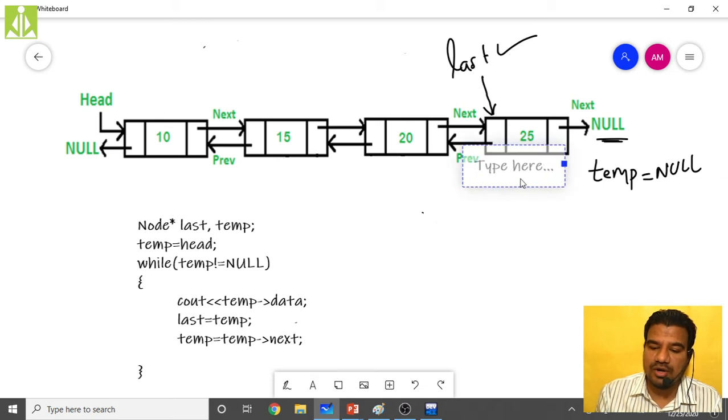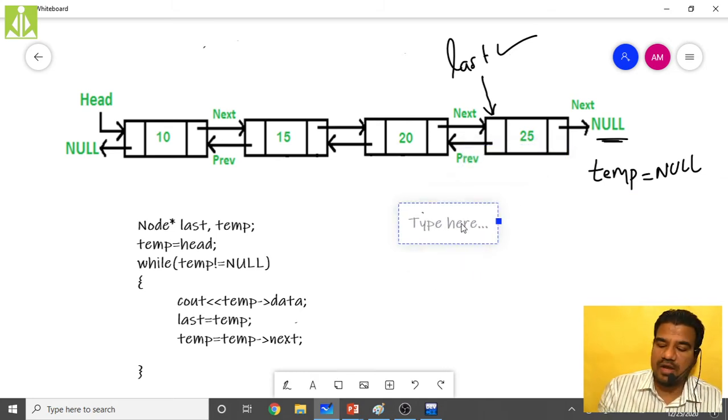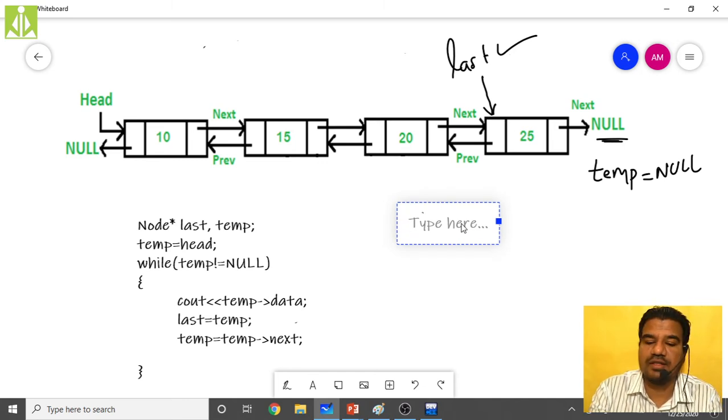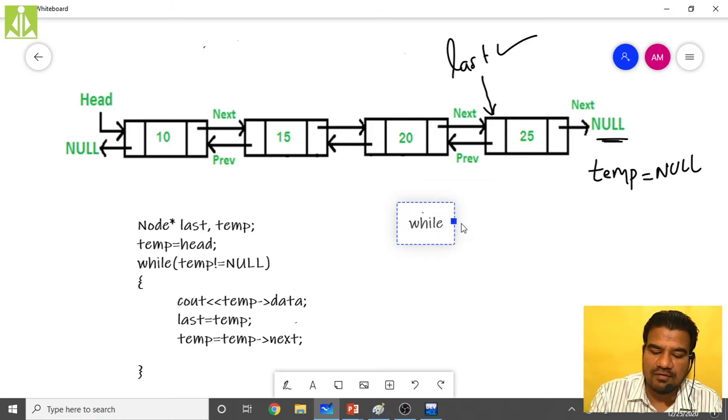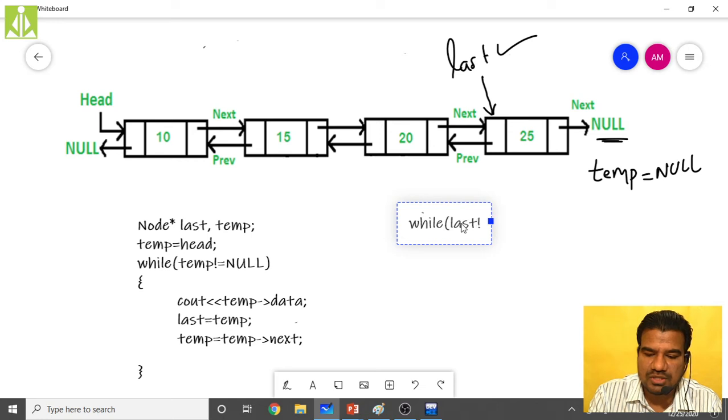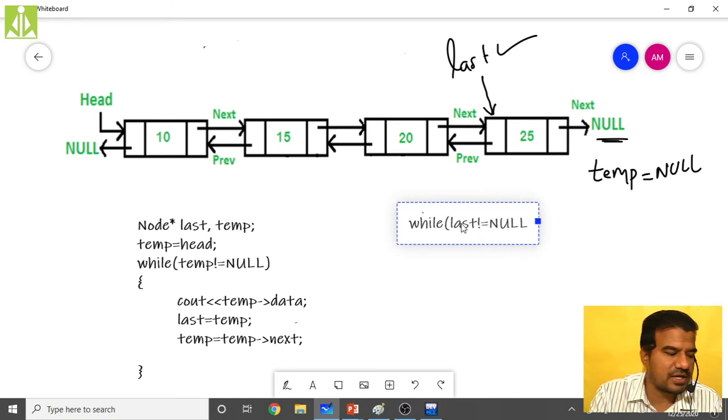In order to write the code for reverse direction traversal, because we already did the forward direction traversal, we have to make use of that last pointer to traverse in the reverse direction. So while of last not equals to null, because we traverse in the reverse direction now.